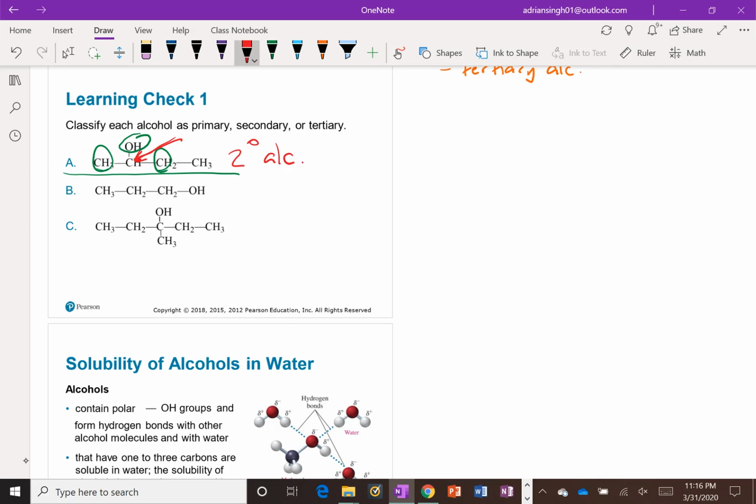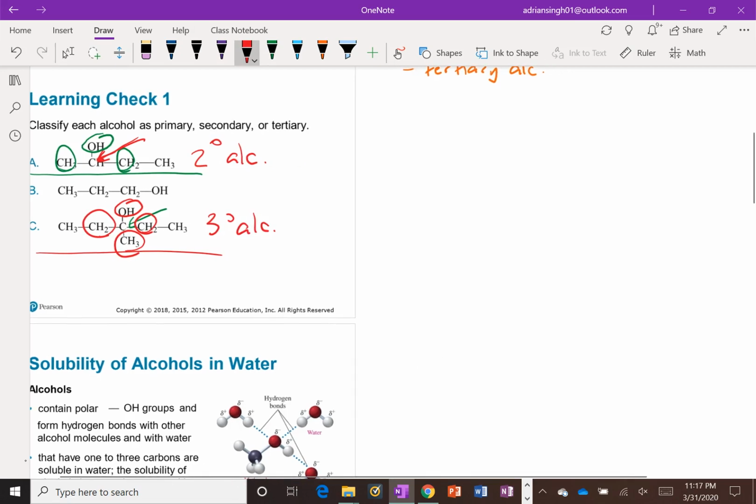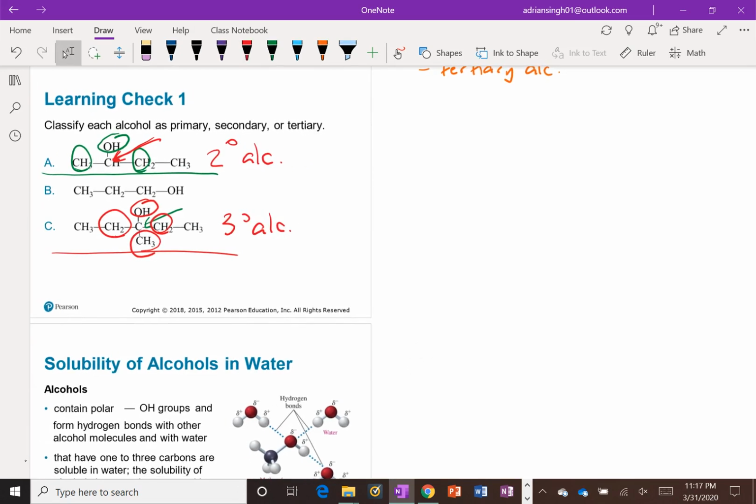Right, if we take a look at C down here, there's our OH. This is the carbon that's directly connected to it. How many other carbons is that directly connected to? We have one carbon here, a second, and a third. So that then is going to be a tertiary alcohol, right? When you're given these condensed structural formulas, it may be a little bit more obvious than if you're given a line angle formula. All right, so if, for instance, you're given something like this